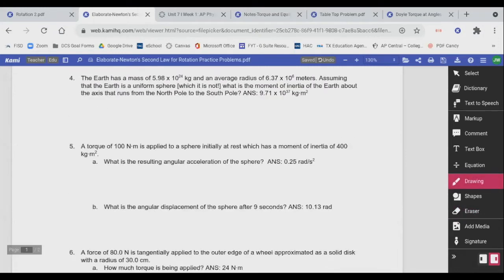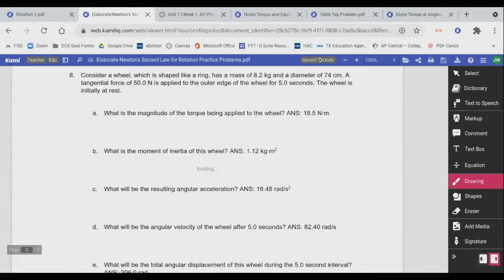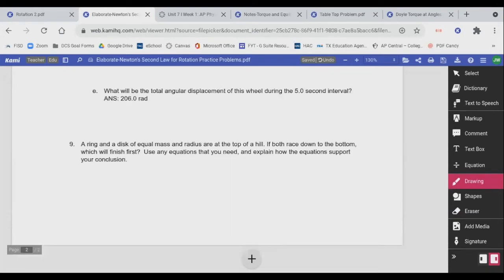Okay, so question 9, we're going all the way to the bottom, which is good because it looks like you have to work through the thing to get to the last question. Let's take a look at it. A ring and a disc of equal mass. Okay, so I'm kind of a margin guy. I like to put notes in the margins. I like to list things out and draw pictures from time to time. So if I've got a ring and I've got a disc,